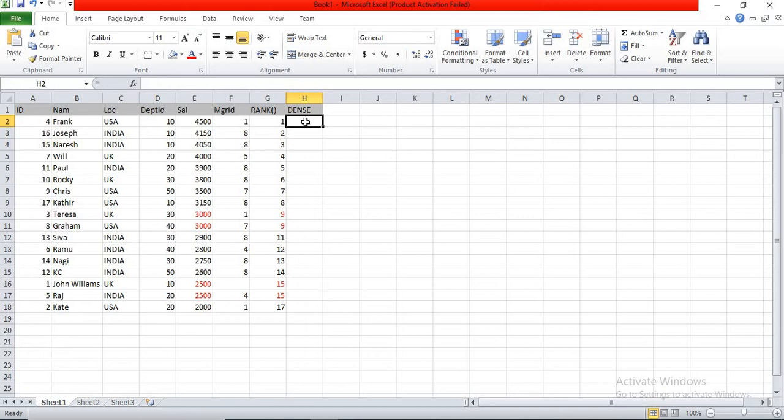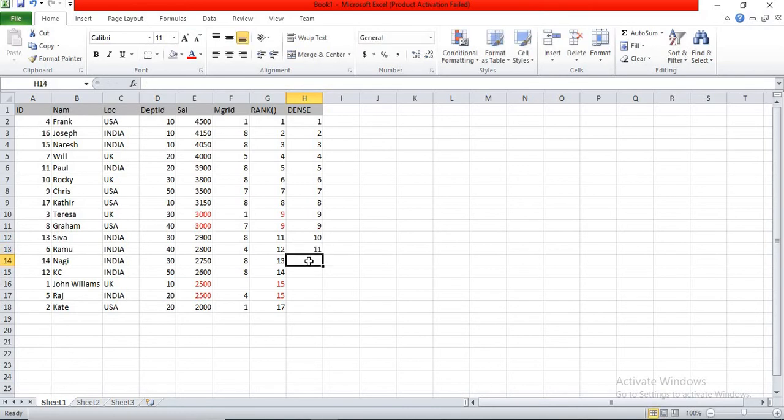Now let's come to the dense rank. The requirement is the same, and how I am giving the ranks is the same. When you have a single record with the salary, you do not need to worry, you will get the same value. But in this case 2 records will get the 9th rank, and the next record will get the 10th rank. So the 10th rank won't be skipped in the dense functionality.